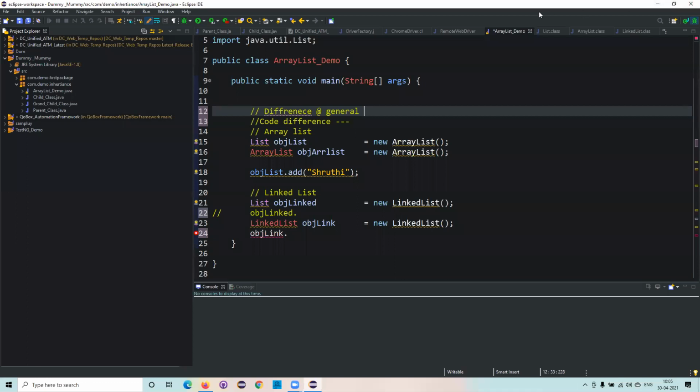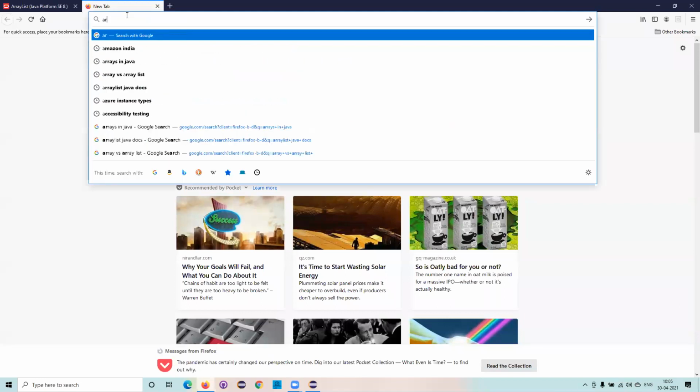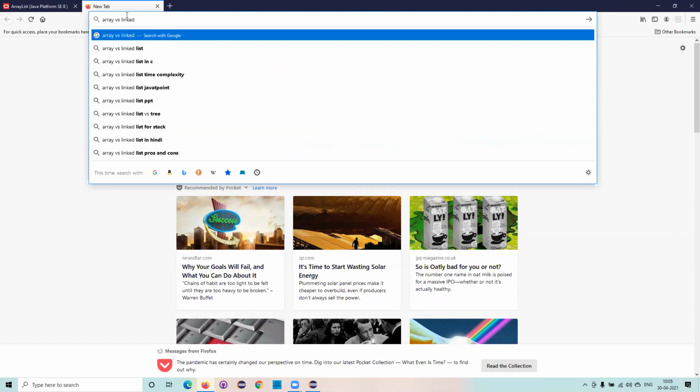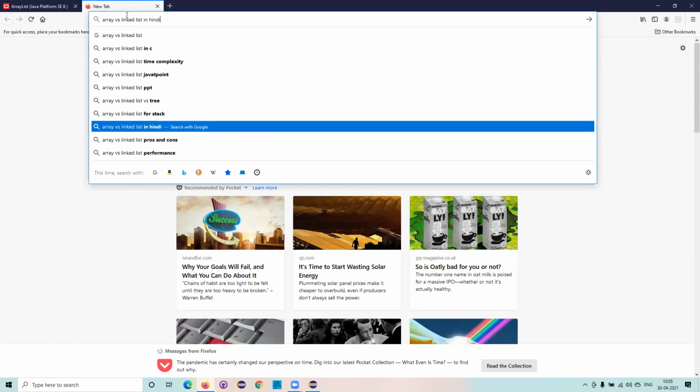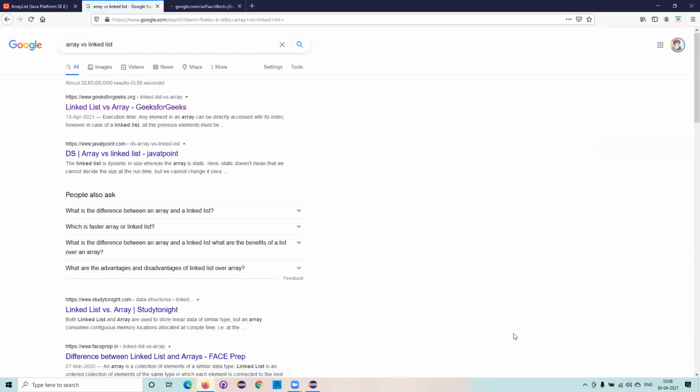No questions? Okay, let's go now for the differences between array list versus linked list. Can anyone say, as of now you have gone through this, right? What is the basic difference between an array list and a linked list? Okay, I'll select the people. No worries, don't get confused. Kavya, you wanted to explain what is the basic difference between an array list and a linked list?